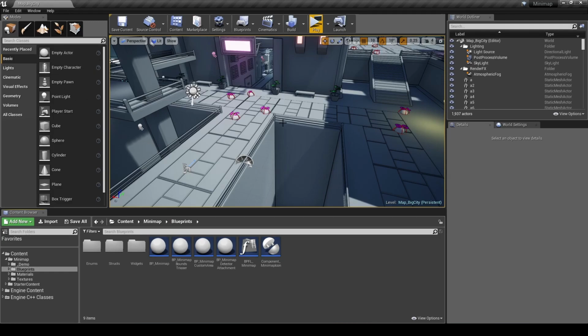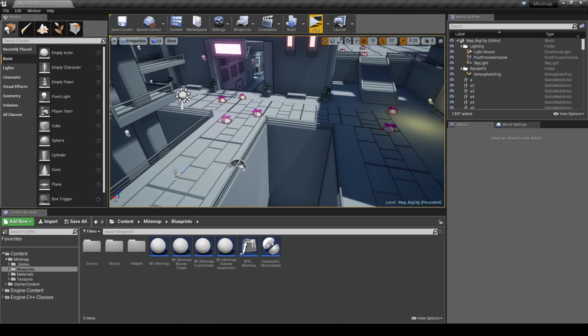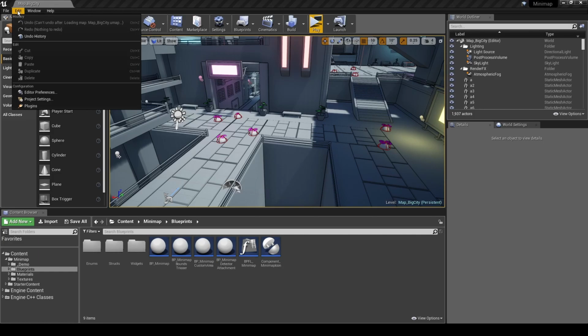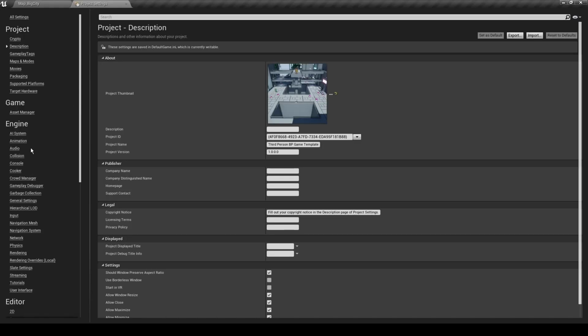So I am going to use Unreal Engine 4, but it works in Unreal Engine 5. All the windows and everything look exactly the same, so you should be able to follow on regardless of which version of Unreal you're using. So first of all, I'm going to set up some custom collision channels. Go to project settings, go to collision,